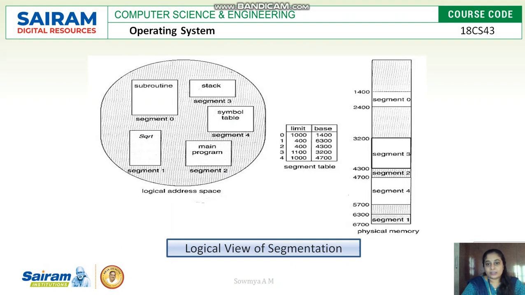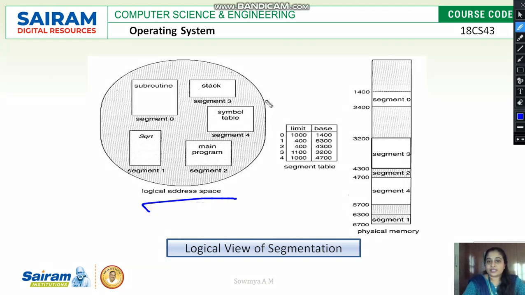So this logical part of data, how do you see it in physical memory? Let's consider this logical view is converted into segments and stored in physical memory. Okay, first is segment 0, which is the subroutine. Segment 0 has limit 1000 and base 1400. 1400 plus limit will give you the size of the segment. Limit is the size, and base address is the initial address from where the segment starts. Base address plus limit will give you the end address of each segment.